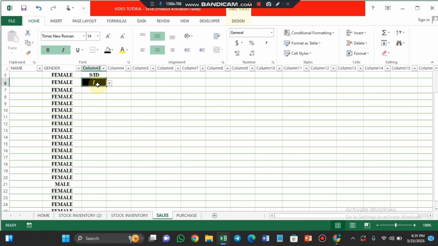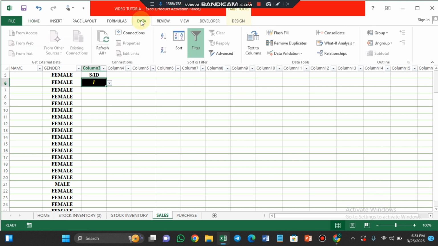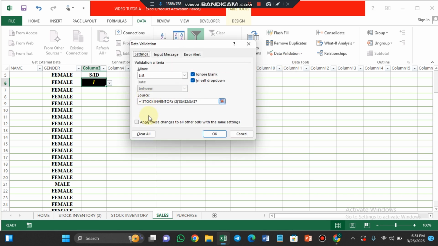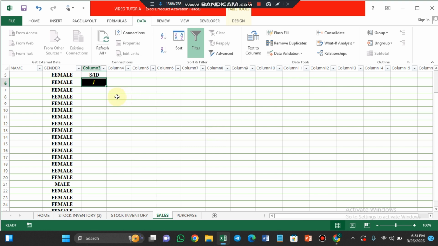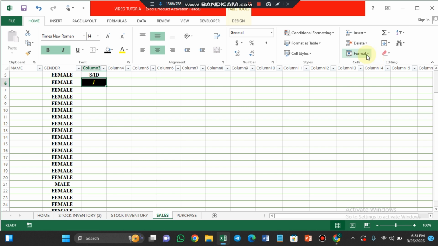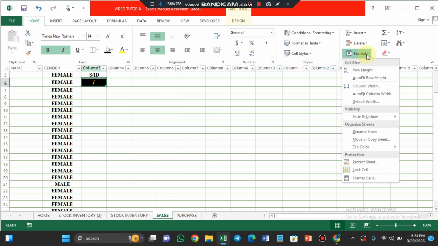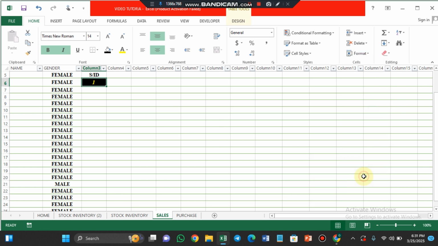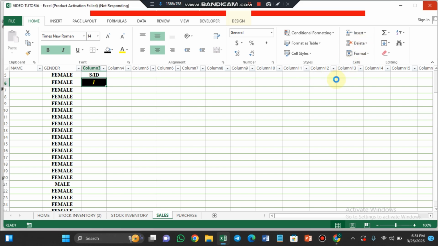All right, so that is it about data validation, and I have shown you how to remove a data validation. Let's say this one now, I don't need the data validation again. I want to remove it. I can just come here, data validation, and clear all. Can you see? Clear all and click on OK. But the formatting is not cleared, so I can come to home and click on format cell, or better still, I can say, instead of just going back to remove